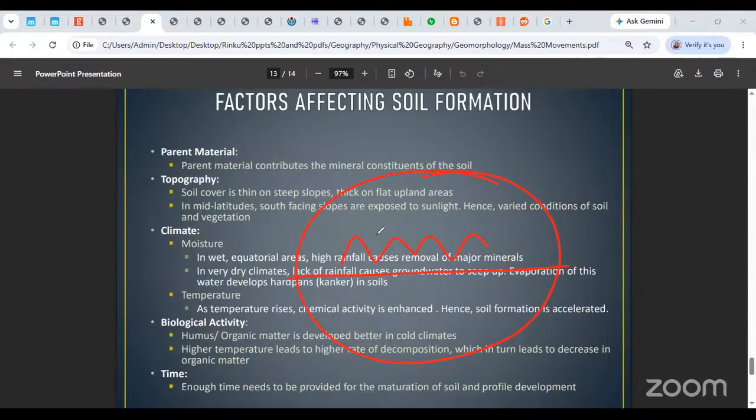Okay, so clearly the soil becomes better over there. The quality of the soil is far better than that of the northward facing slope because you get some exposure to the sun. So that will also develop the soil in a different way than any other way. Then the third factor is clearly climate.